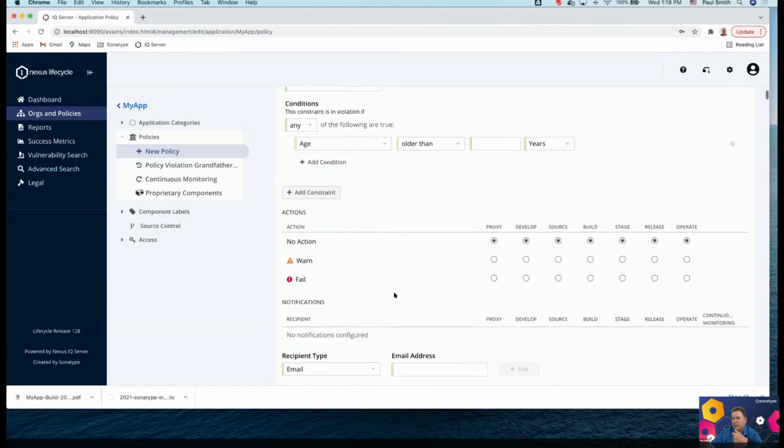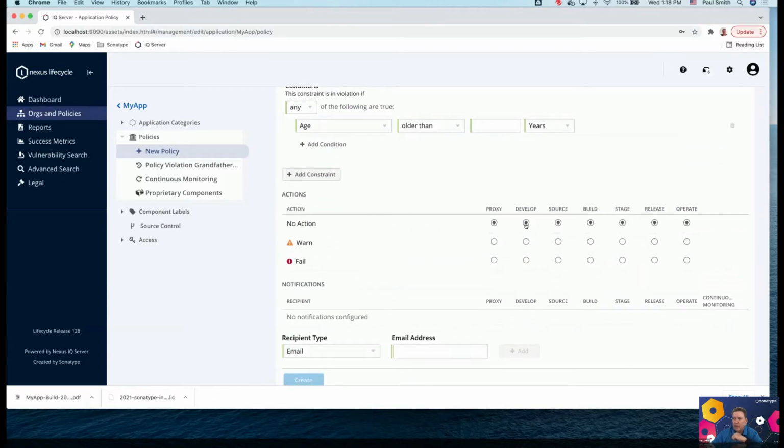Besides being able to create these custom granular policies for your application or your container or your infrastructure as code, we also get to define where in the SDLC we are and what type of action we want to take, right? So maybe if I'm in development and source, it's a warn, it might even be warn and build, but maybe in stage or release, we start to say we need to fail, right?